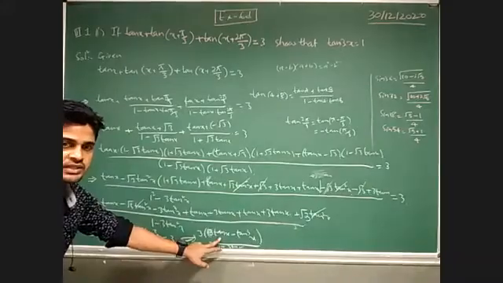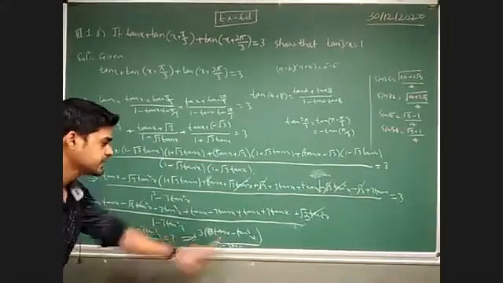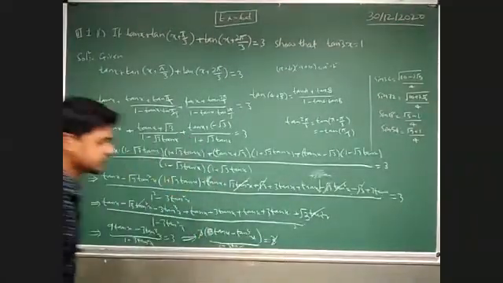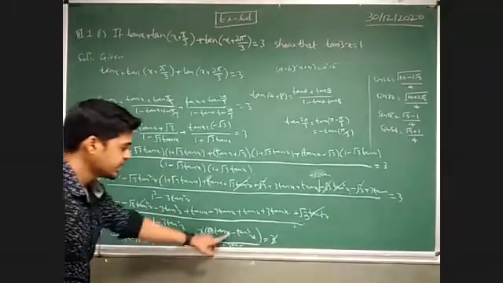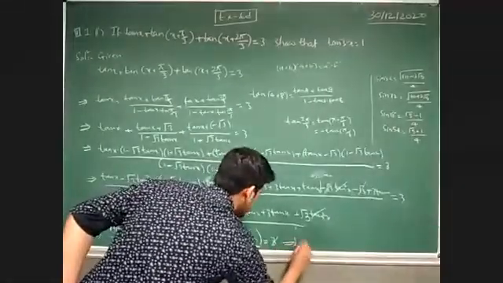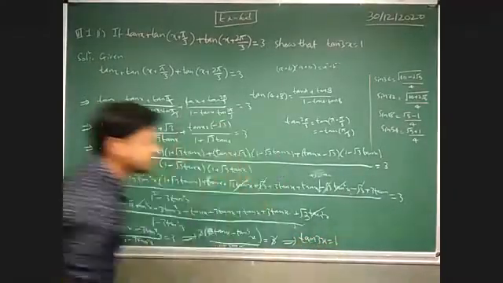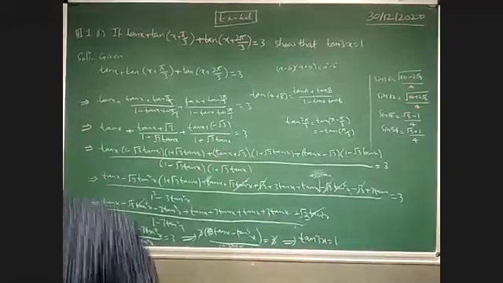See boys, this is nothing but tan 3x. Okay, here we have 3, so these three will get cancelled, and this is nothing but tan 3x. Okay, so I can write tan 3x is nothing but 1. Here we have to this thing,